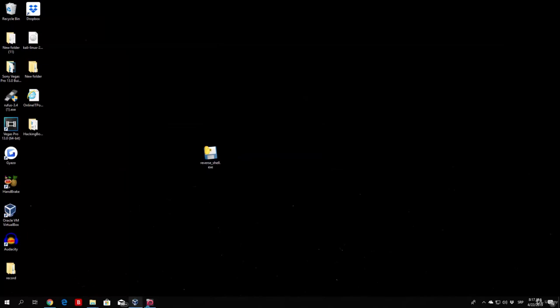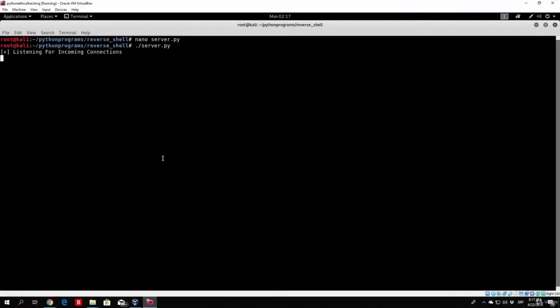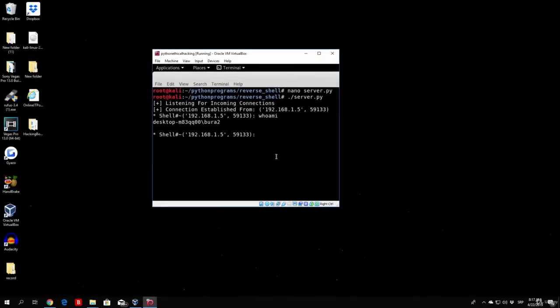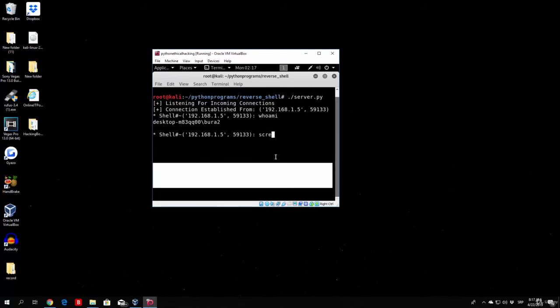Let us just try once again. We listen for the incoming connections. It should come any second. As you remember, we have a timeout of 20 seconds before connecting. As soon as it does, we will first of all check a simple command to see if our program works, and then we will run the screenshot and see how it looks. So here it is. Let us just run whoami for a simple check. Then I can lower this so you can see the screenshot better, and if I just type screenshot,